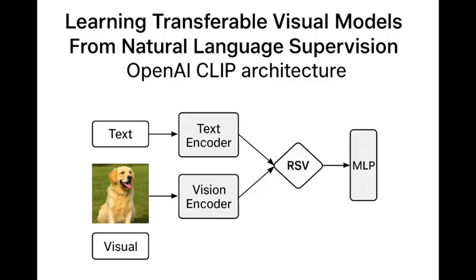So let's put a number on that scale first, because it's kind of staggering. It really is. They put together this dataset called WIT, WebImageText, and it had 400 million image-text pairs just scraped from the web. 400 million. Yeah. And dealing with that much noisy, unstructured data, you couldn't just use the old methods, right? It would take forever. Exactly. Computationally impossible with the older approaches. They needed something new, something way more efficient.